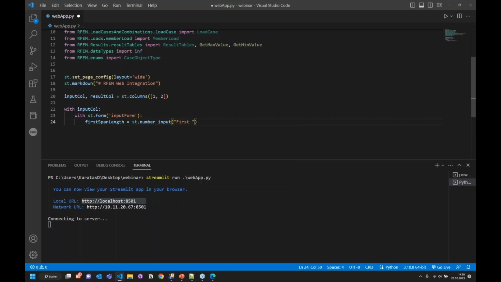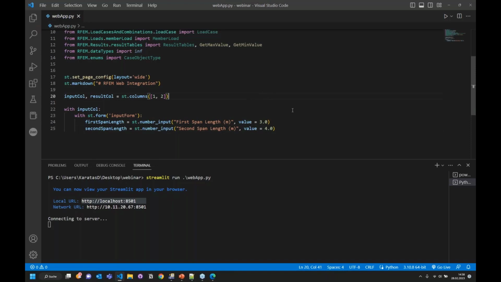And give the name, first span length in meters, and give a value, let's say 3. Then the second span length. Same logic, second span length in meters, and the value is